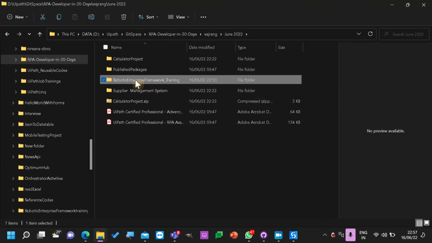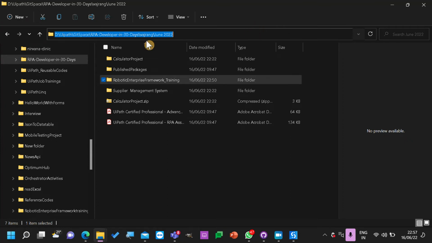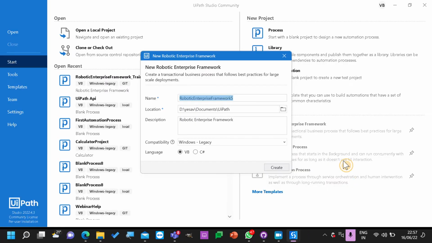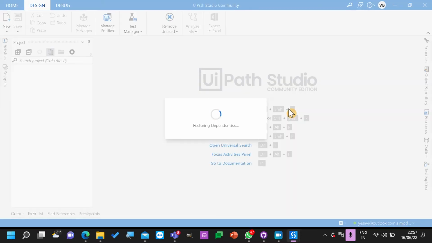Okay, I'll just try to show you. So this is my REFramework training, and here we'll create the same code and divide it into a multibot framework. If someone asks you, have you worked on multibot framework, just say yes. We use one dispatcher and multiple performers, where the dispatcher is adding items to the queue, while the performer consumes the data from the queue.